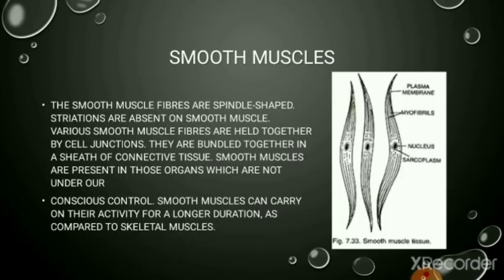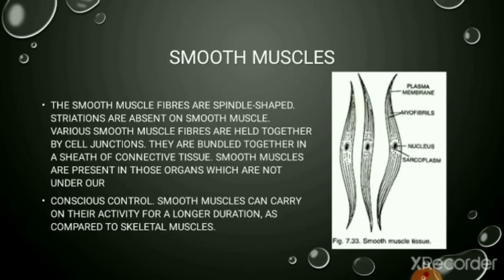Second is the smooth muscle fibers. Because there are no striations or light and dark colored bands in this kind of muscle, therefore they are called unstriated or smooth muscle fibers. The smooth muscle fibers are spindle shaped. They are tapering toward the ends and broad from the center, which has a single nucleus. Their function is not in the direct control of our will, hence they are called involuntary muscles.